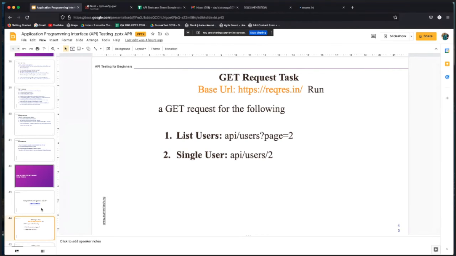Our first task says we should create, okay, I want you to perform this task now. Go to your Postman, use the link I gave you, and create a collection folder for this request. Go to your training slide, which is this slide.